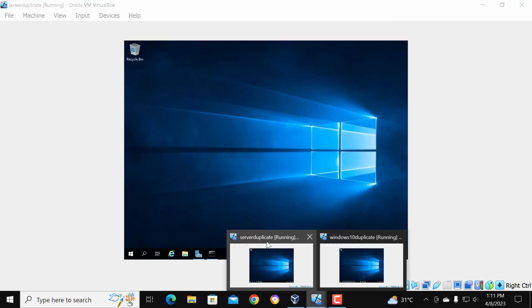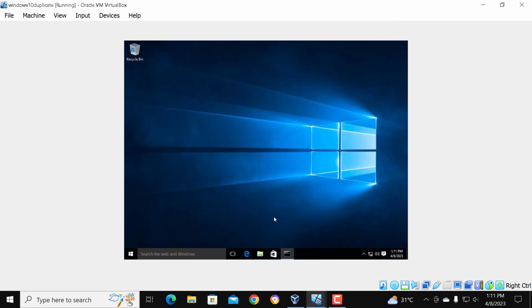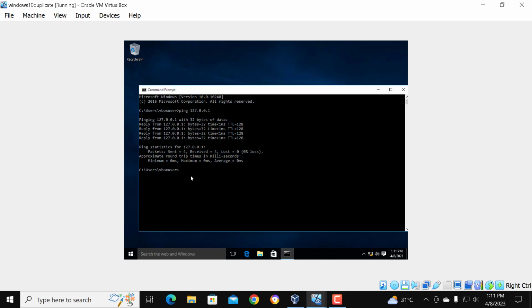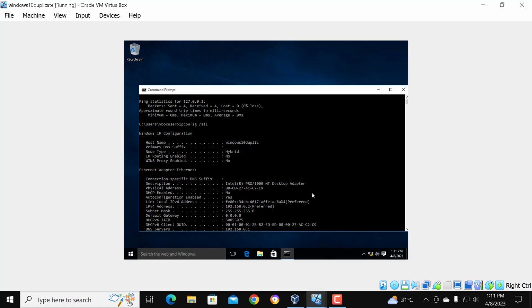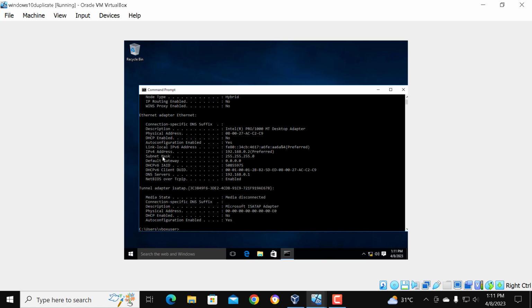Right, so you want to go over to your other machine now, which is the Windows 10 duplicate, right? And we're going to basically be testing all our configurations to make sure that everything is alright. So you want to use the command ipconfig /all. Right, let me see. Good. So essentially it's going to tell us our IP version 4 address on this particular machine,